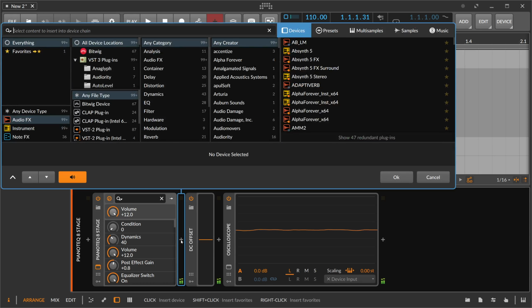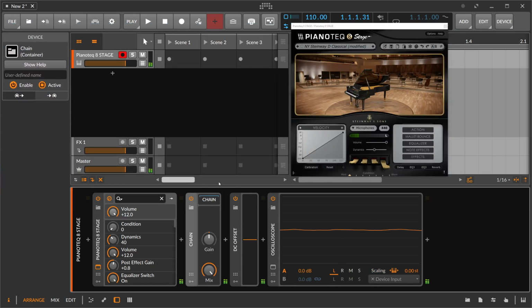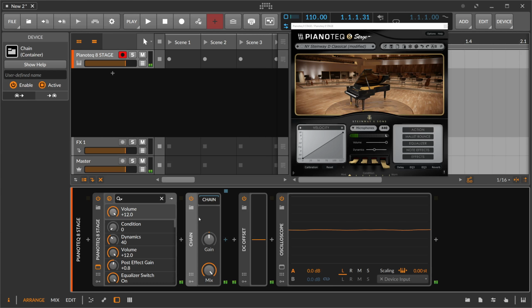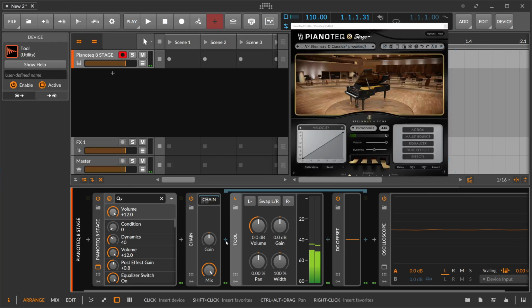So we add here a chain, which is a container. It's just an empty container where we can put in some devices by Bitwig Studio. We put in here the DC offset device and also a tool. And this tool just mutes everything. So we go down here to -infinite. So now when we play something, you can see we can't hear anything because the tool device actually mutes the